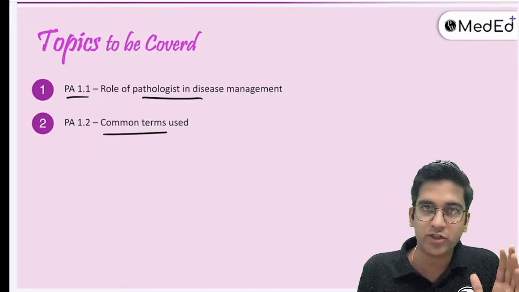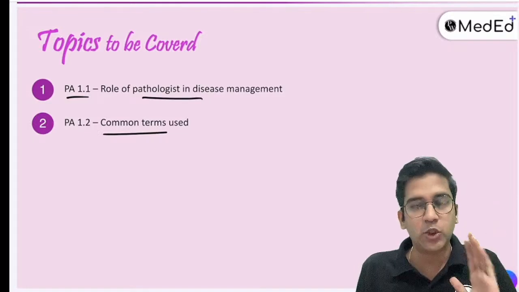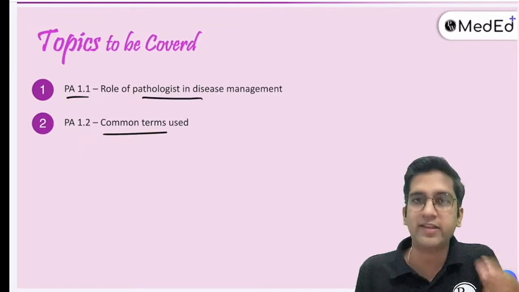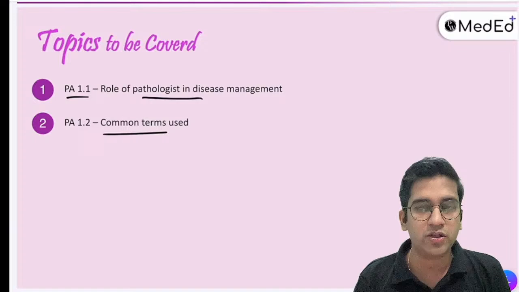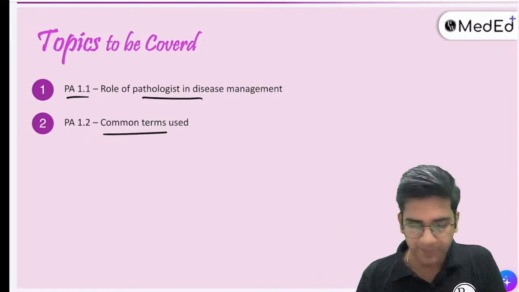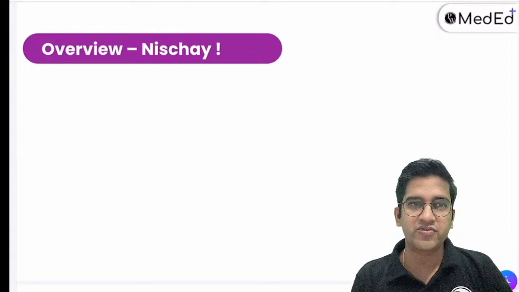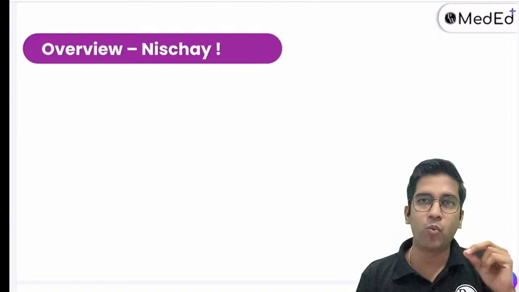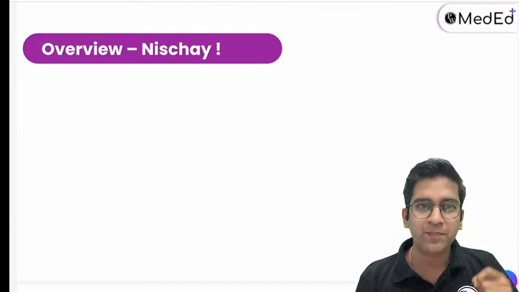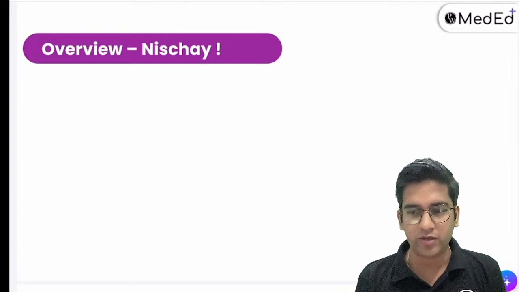We'll not move here or there. Whatever is there in Robbins, we'll go with Robbins. There are few competencies which are not there in Robbins, and I'll definitely give you a structured view of everything. Fine. So what I will do in the first 5 minutes here is give the overview of what we are going to exactly do in Nishchay and why this Nishchay batch is required for second prof